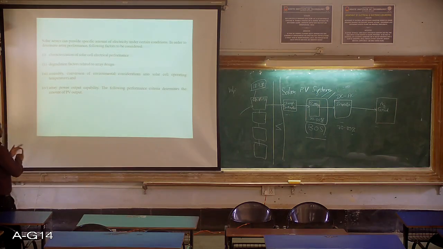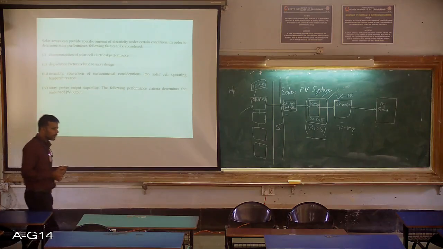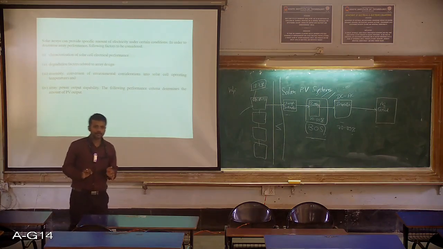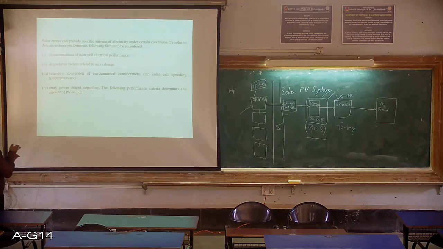The first one is characterization of the solar cell electrical performance, that is the cell performance, how much efficiency each cell has. That depends on the type of material and the manufacturer. So the first thing is we should consider the cell performance, and the second is degradation factors related to array